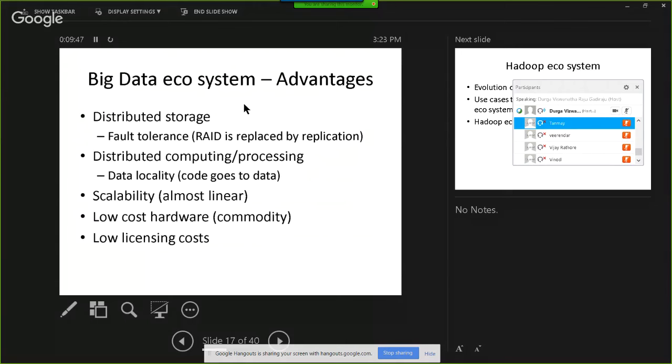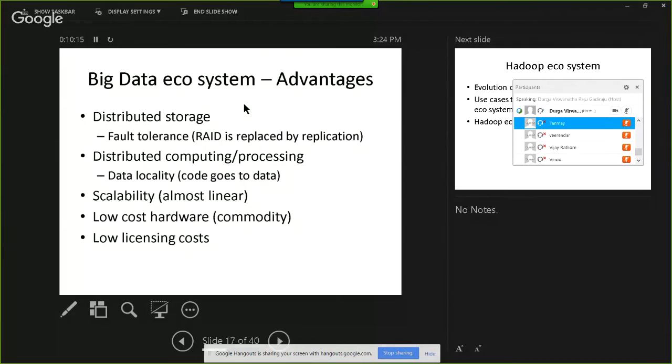That's where Spark is getting a lot of momentum. So that low-cost hardware is partially incorrect. Licensing costs are very cheap or free compared to Oracle. Unless you want to go with support and all, you don't need to pay anything for most of the software in big data. That is one of the main reasons why big data is getting some traction, because licensing costs are significantly low.